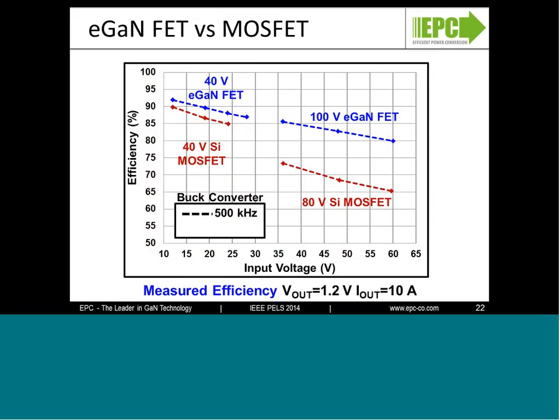What we've done here is we've run buck converters for a variety of input voltages ranging from 12 volts all the way up to 60 volts. And we've measured the efficiency at 1.2 volts out and 10 ampere. You can see that at the lower voltage, comparing 40 volt eGaN-FET to 40 volt silicon MOSFET, at around a 12 volt bus, we have a couple percentage points of efficiency improvement. As you increase that voltage, the switching loss will also increase, and the advantages offered by eGaN-FET will also begin to grow. So you can see going from 12 volts to 19 volts to 24 volts, the advantages offered by